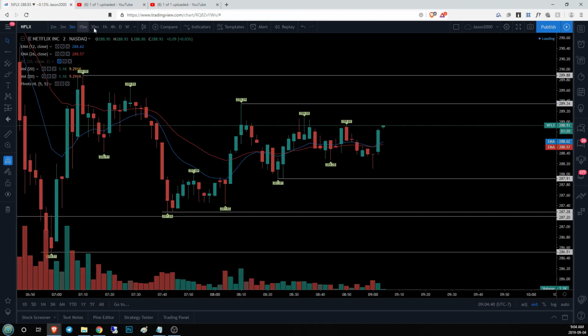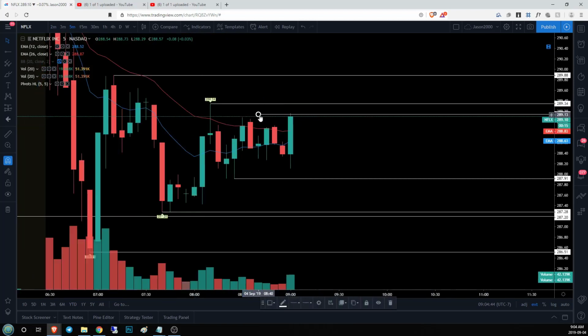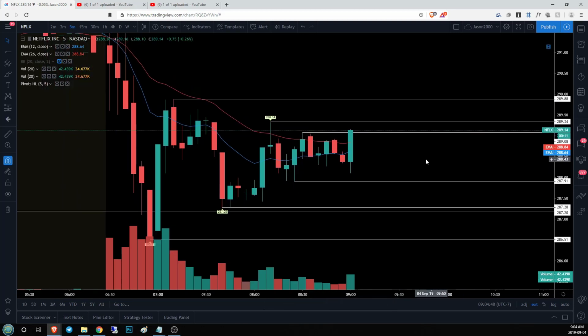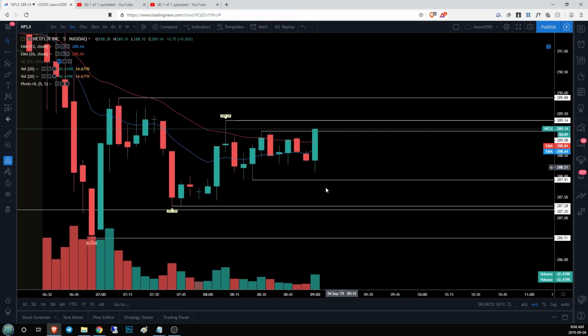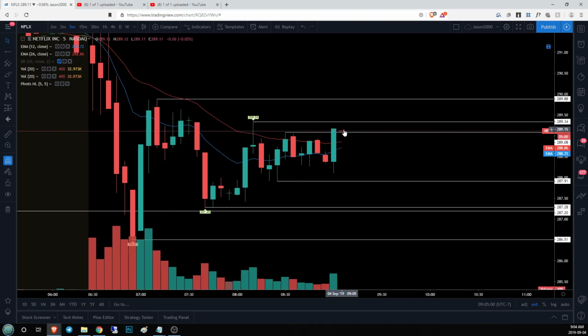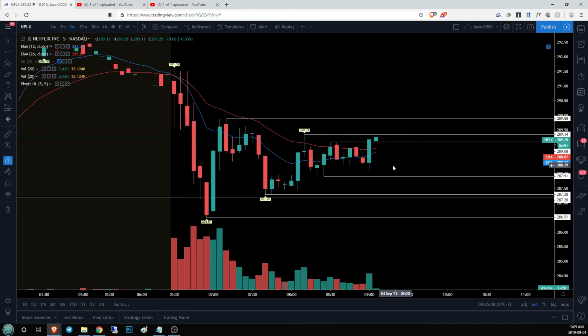So that's pretty interesting. What we're going to do is go ahead and mark this as a new lower high. And I guess that would be considered a break. So keep an eye on this. This is good volume coming in on the 5-minute candlestick. Now what needs to happen is we need to see a conclusive move over this level. A slight back test would be okay, and then another break at 289.34, and then we'll be looking for our longer term profit targets. But bulls doing well so far.